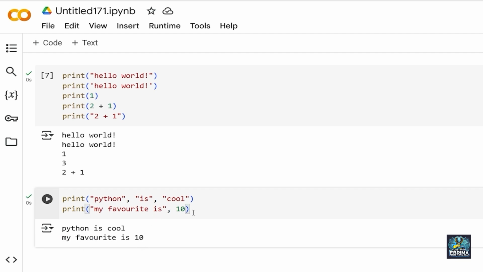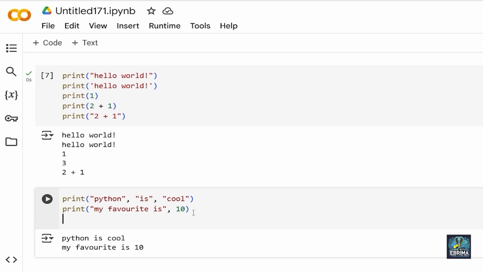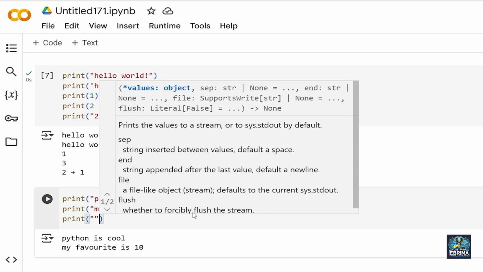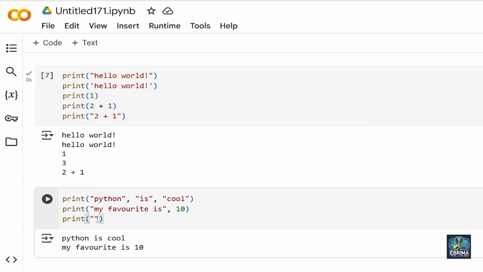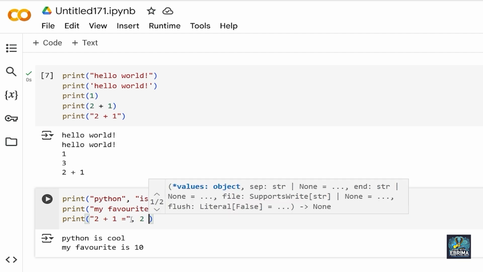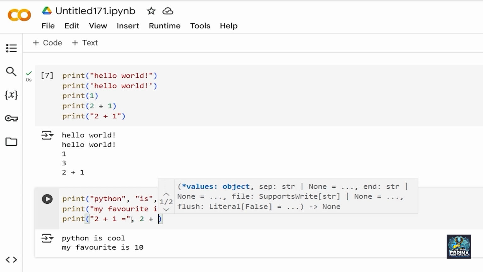Also, we can do this. I'm going to type print, bracket open, bracket close, and also inside of strings, let's just say 2 plus 1 is equal to. Now I'm going to put a comma here, and now I'm just going to add the numbers. I'm going to say 2, plus 1.